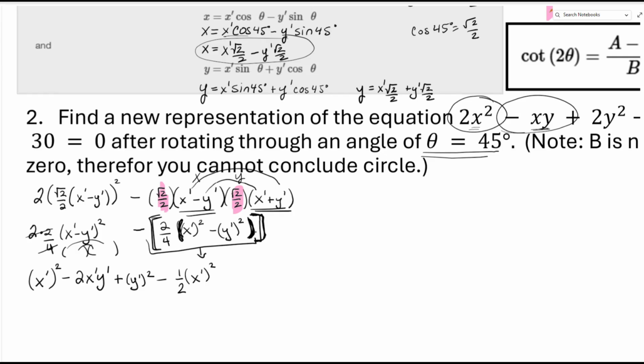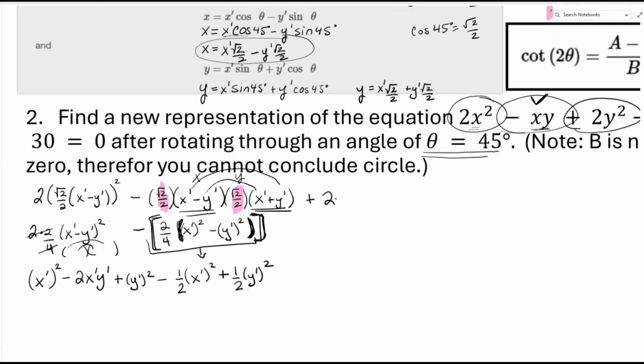So the 1/2 is getting distributed and the minus sign. So this one will turn into a plus 1/2 y prime squared. Okay? Goodness gracious, that was just this piece. Now we're at plus